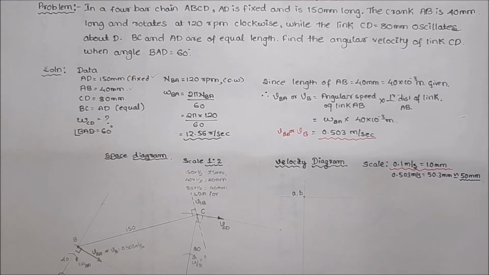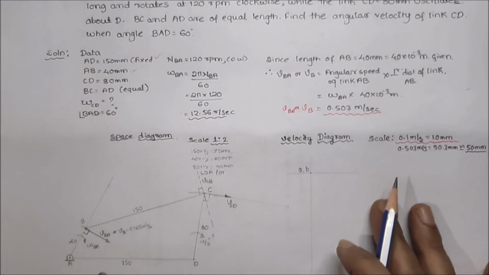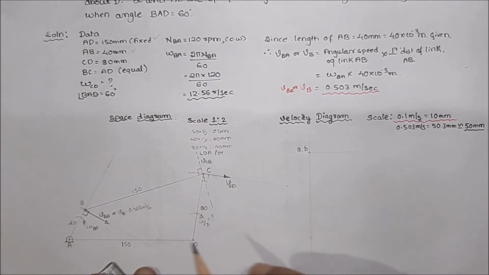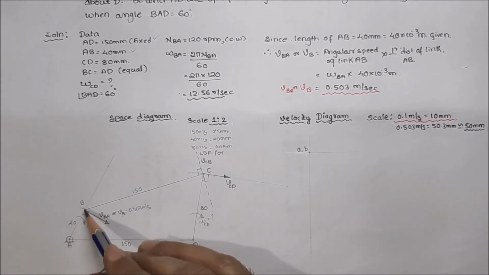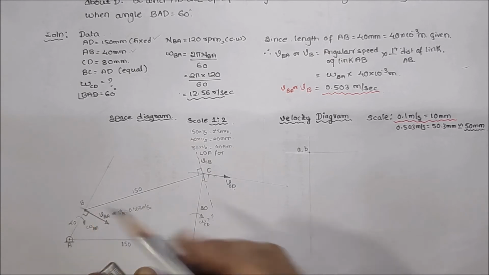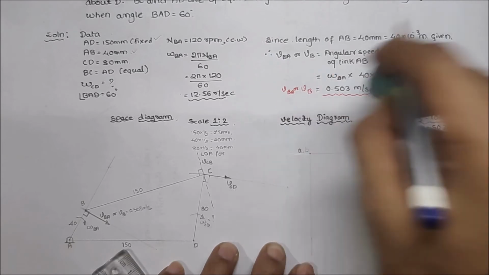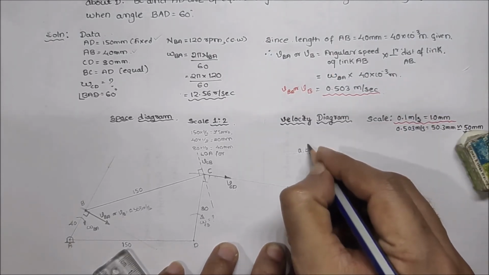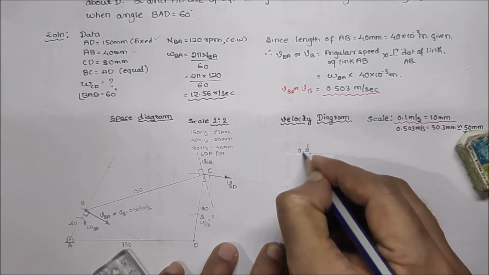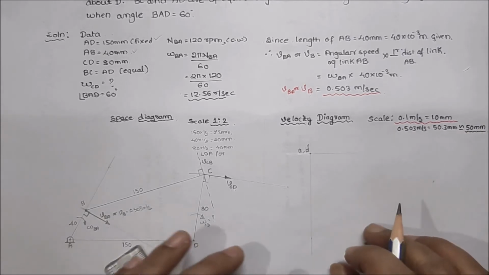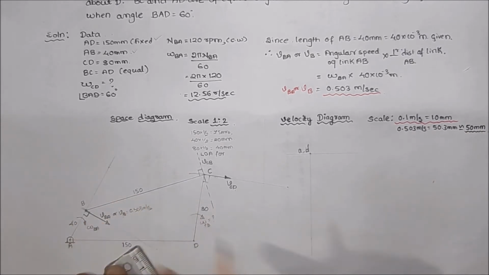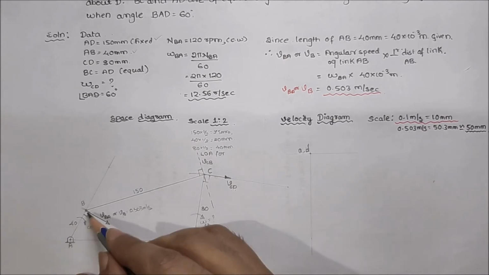Now for a velocity diagram, we need to have a direction as well as magnitude. So out of these, which one are we having? At point A, we have with respect to D, sorry, it should be D, not B, the magnitude as well as direction. So at point A, we have magnitude and direction. So what is the direction here?